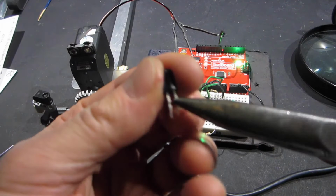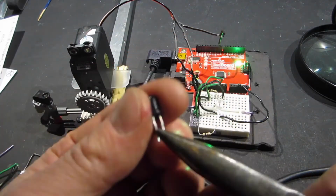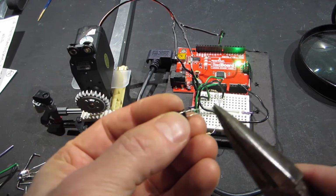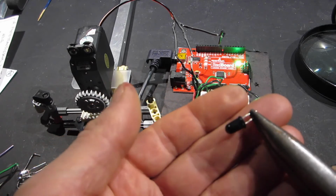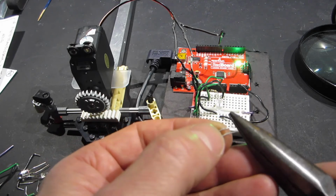And just a note to future self, even though they say NPN transistor on them, they look a lot like an LED to me when you look inside of them. The anode is the larger plate and the cathode's the smaller plate. And of course the wire length gives it away. On these little guys that come in a tiny 2 ounce bag, they clip them at such a shallow